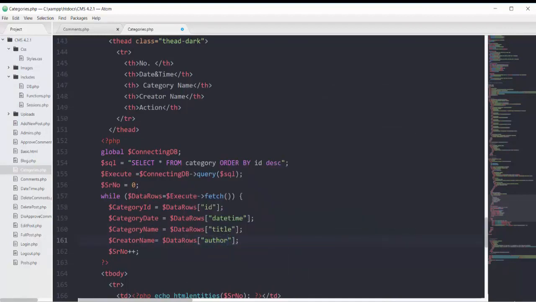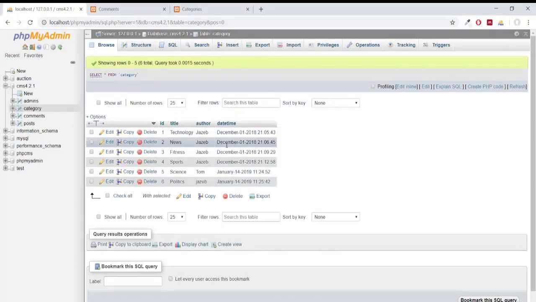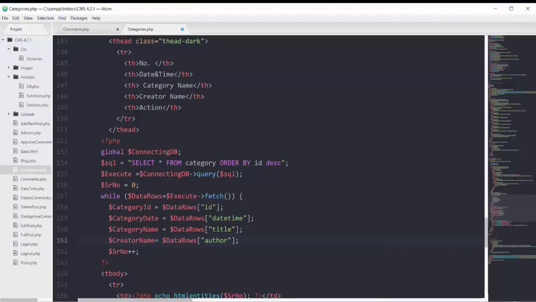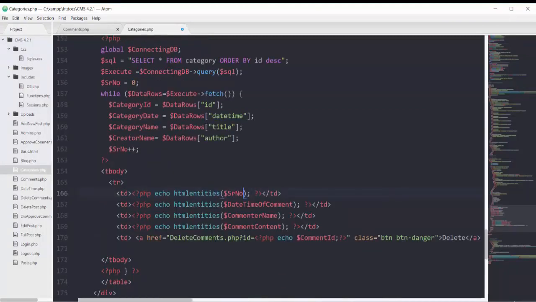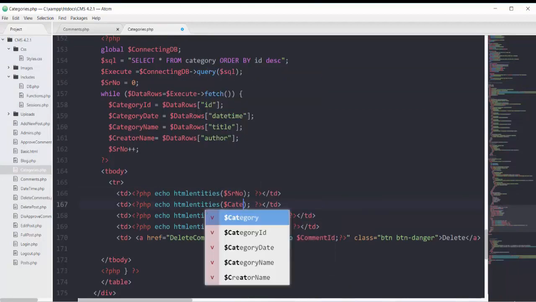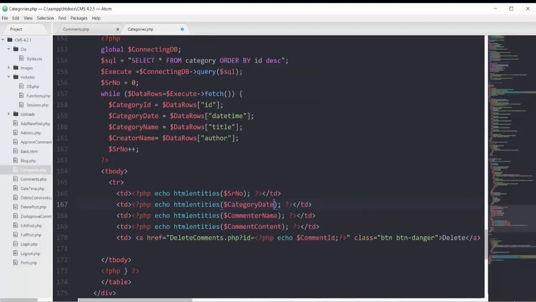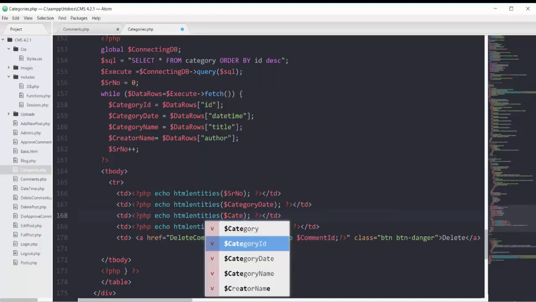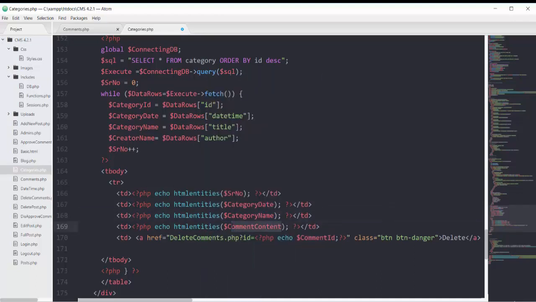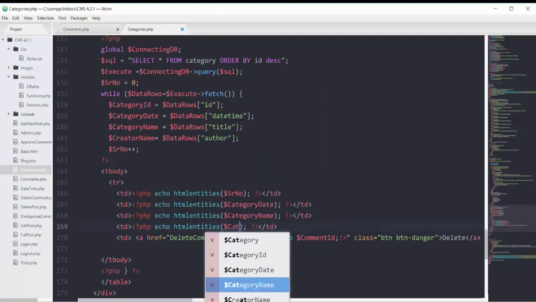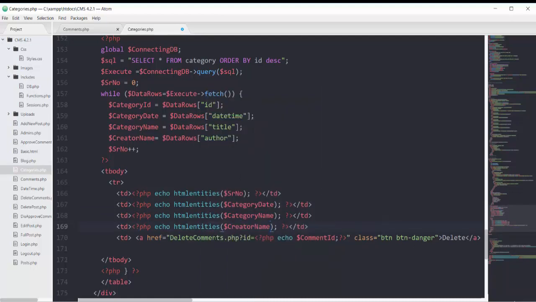It doesn't matter whether you make this variable category date at the second place or you can make it at the end. It doesn't matter. Then here first one will be SR number, and then we will have our category date, then category name, then creator name, and at last we will have our delete button.